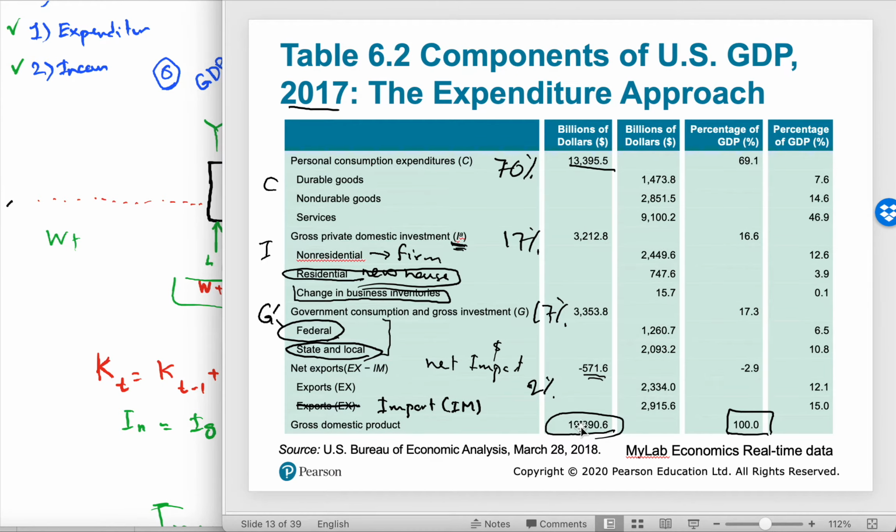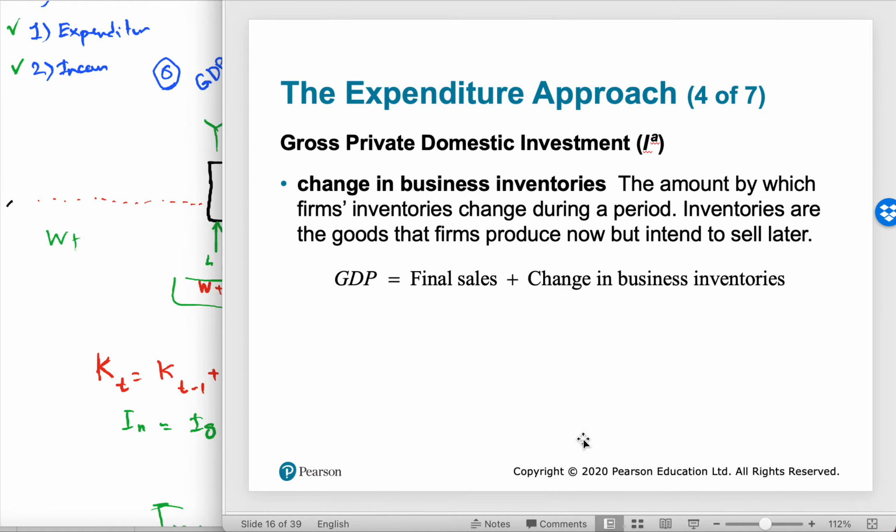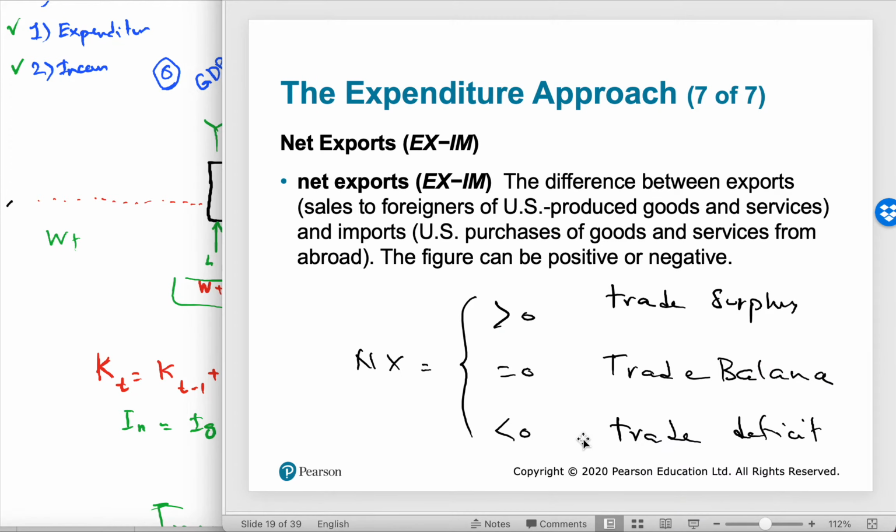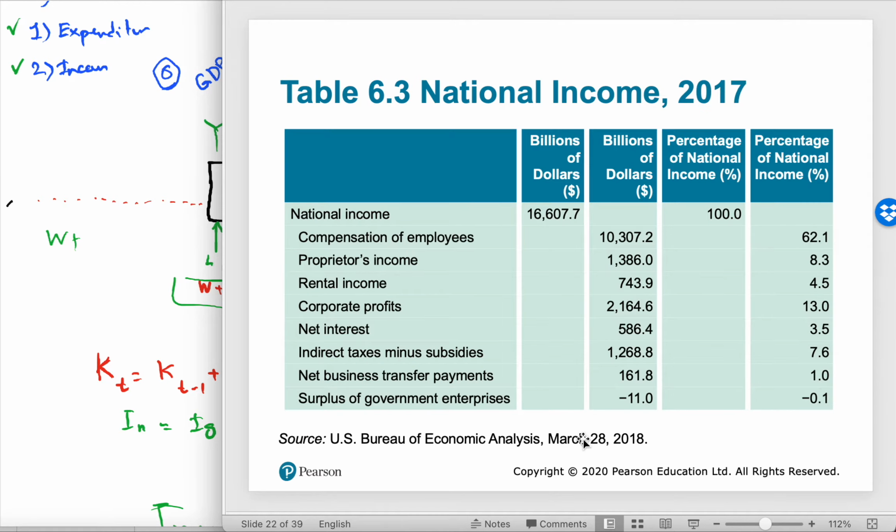This is the 19,000. It was the GDP. So you see that they are not equal. From the gross domestic product is nearly 20 trillion, whereas the national income for the US is about 17 trillion. So there are some differences, and we shall find a way to, if I give you one, you can calculate